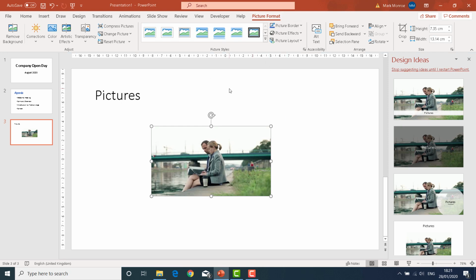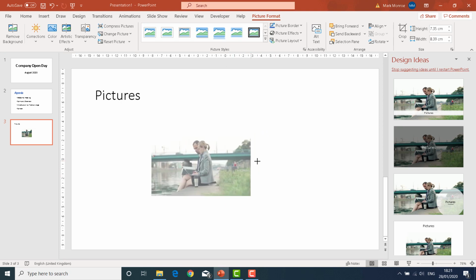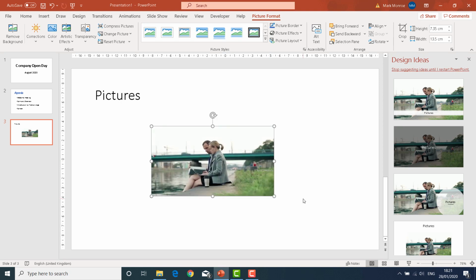Now if we have a look here, there's several things we can do. Some of the most common things you want to do is to maybe crop the picture. We've already seen that if we grab these handles, we can resize it. If I move that in, it resizes and just stretches the picture. But what happens if I didn't want to stretch or squash the picture? I just wanted to crop a part of this out. Then if you look on your ribbon bar for the picture, there is a button called Crop, and if I click on Crop,